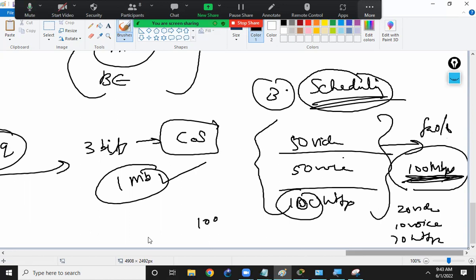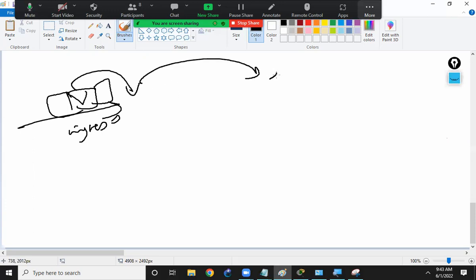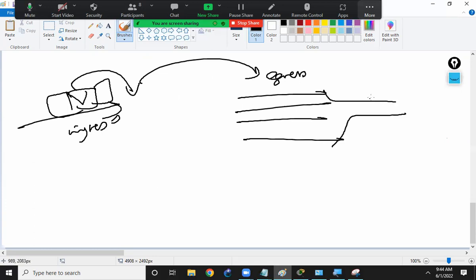So when the router receives a packet, the packet will be decapsulated and read, right? You have the ingress queue and the packet will be moved to the ingress queue. Then the packet will be read and forwarded to the egress queue. While forwarding it to the egress queue, it can be marked as important or not. Then it will be queued, and the scheduling will be done. Clear, guys? Okay, now the next tool is